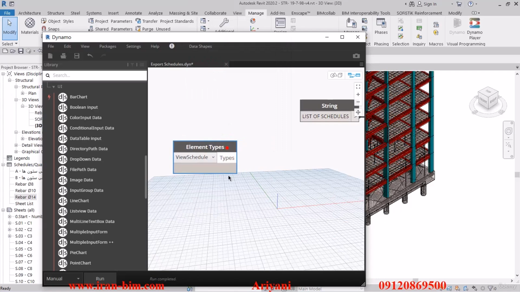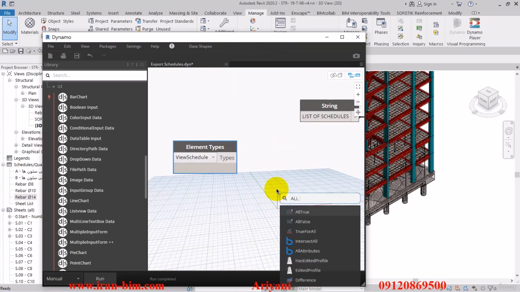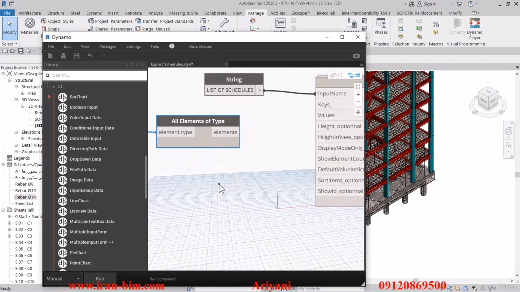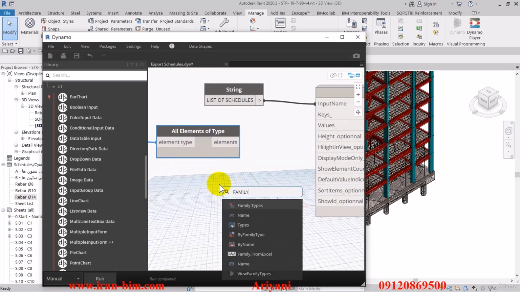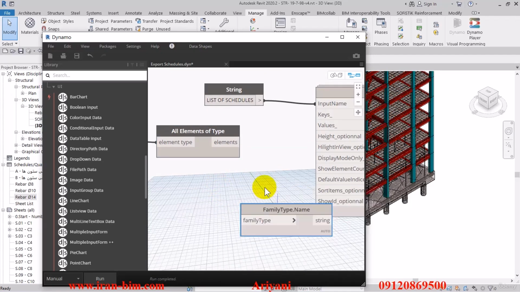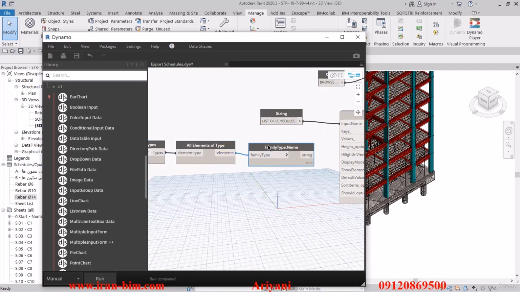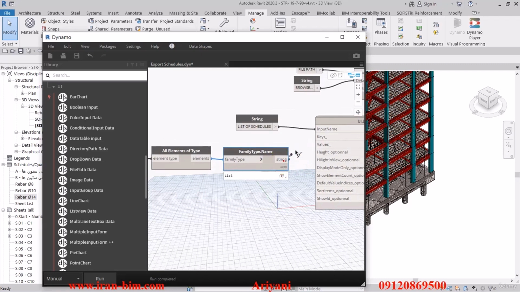After that, I'll look for all elements of type, which applies our commands to all of the elements and all of the types in the project. So then connect the types to the element type and then look for family type dot name. Open this window up here and then connect the elements to family types, and I'll hit run once to see what happens. And there we go, it has the list right here. So then I'll connect the string to keys and the elements to values. So this in total is our